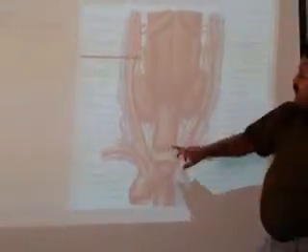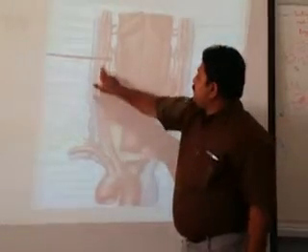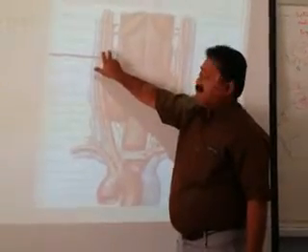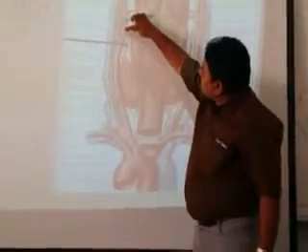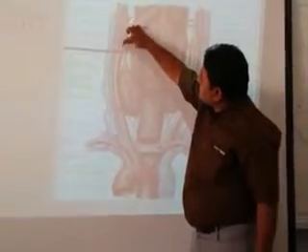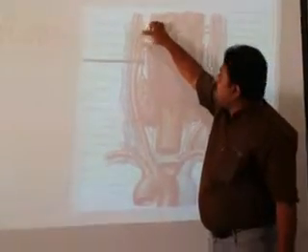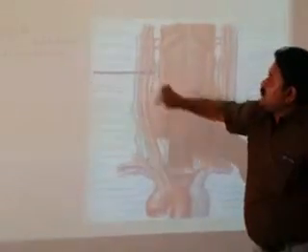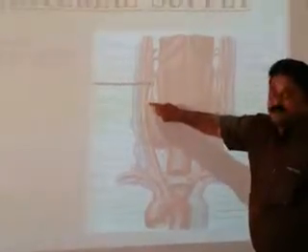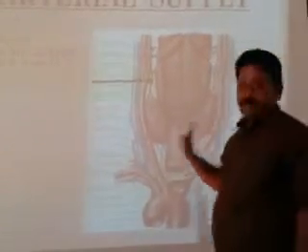Okay, behind. So it is a left and right common carotid, and this common carotid divides into internal and external carotid artery here, and branch from external. So this is a external carotid, isn't it? And this is a internal carotid. So branch from this external carotid is the superior thyroid artery, supplies the thyroid gland. Okay. Is it clear?